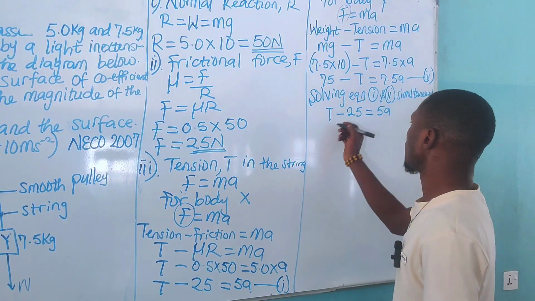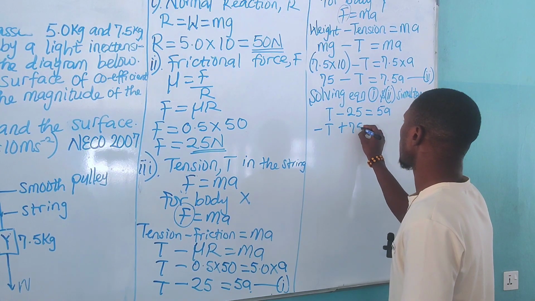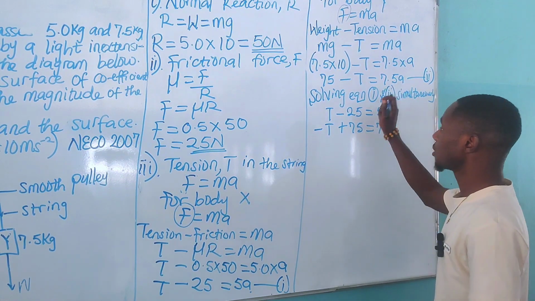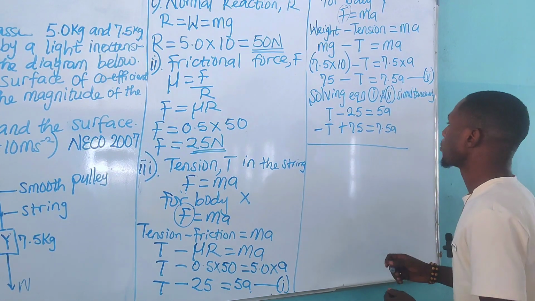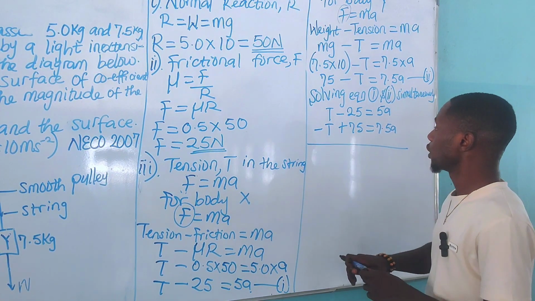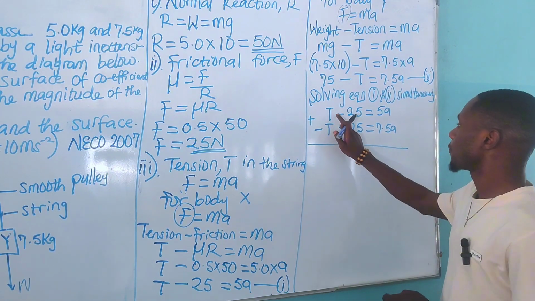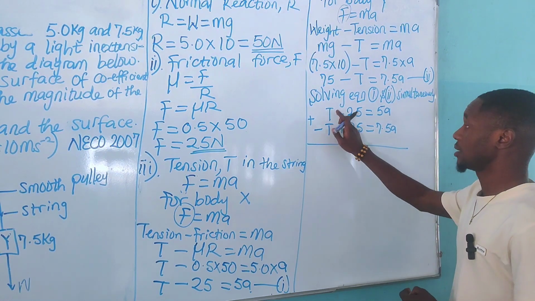So rearranging it, I'll write it as minus T plus 75 is equal to 7.5A. It's still the same thing. So what I'm going to do is add the two equations together. So adding them together, I have T plus minus T, which is the same thing as T minus T,